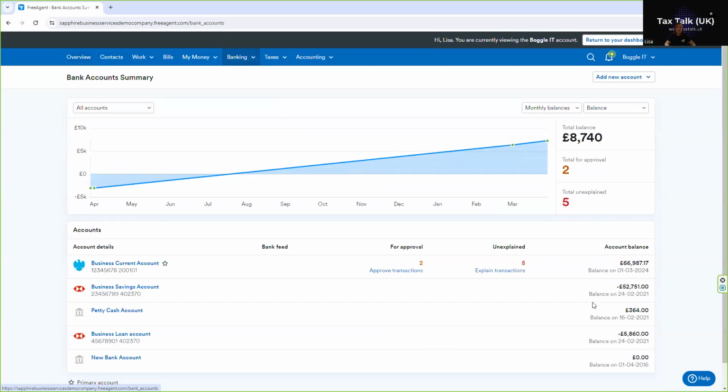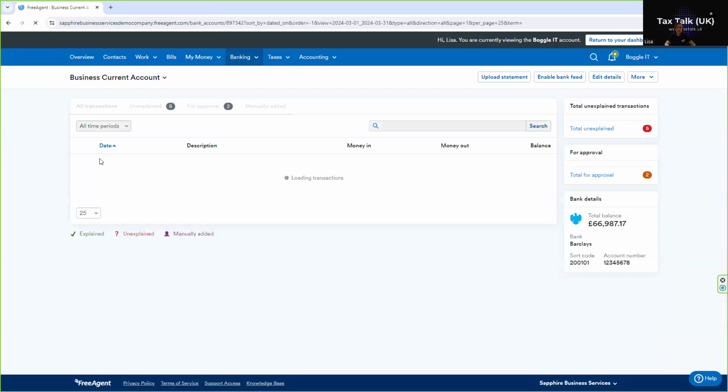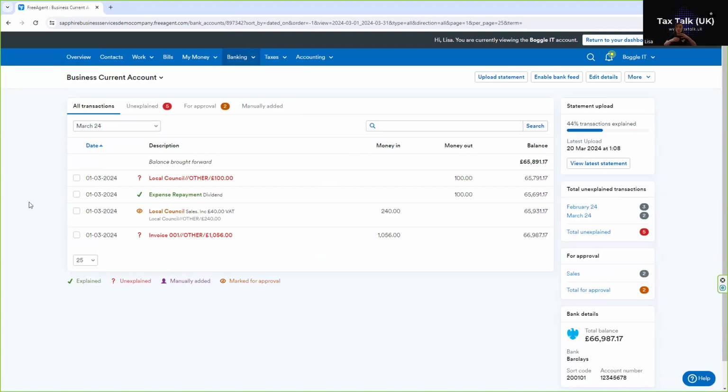If I firstly go into the bank account and into the transactions that we've got waiting for approval, you will realize that this is the bank feed from our business bank account, and the transactions that have fed directly from our bank into our Freeagent software. Some items we will just be categorizing directly from the software, and we cover that in other videos. So I won't go into how to do that